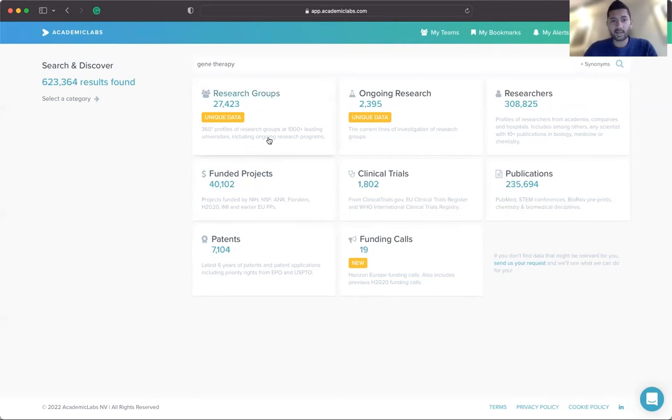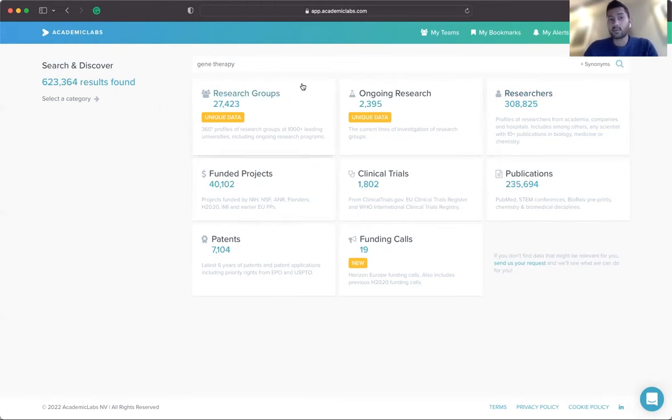So we see that we have 27,000 expert profiles of research groups and 300,000 researcher profiles. So in Academic Labs, you can get both an overview of teams of researchers in the top 1,000 universities of this world, which is the research groups, and also individual researchers.